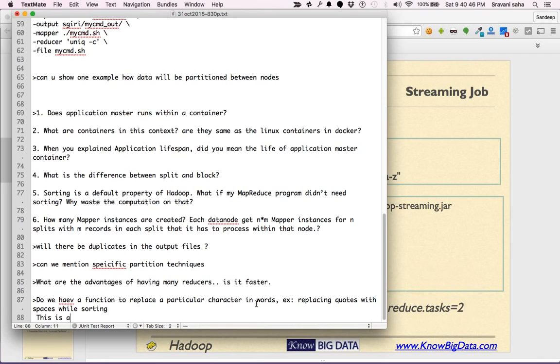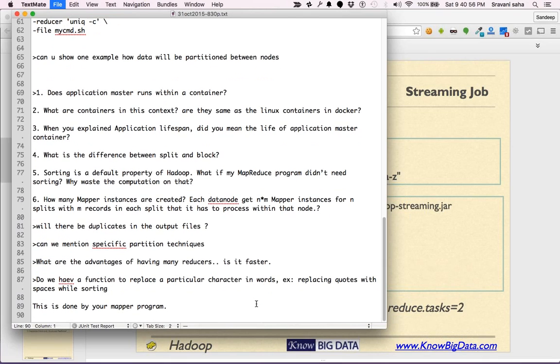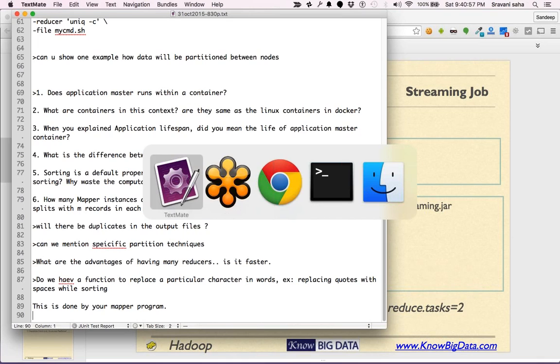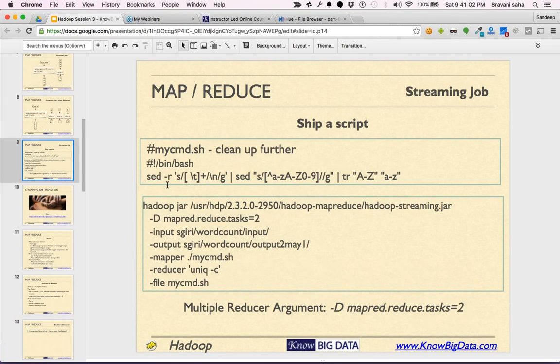This is done by your mapper program. And that's what we have done here. If you look at our code, at this line here, what exactly are we doing?